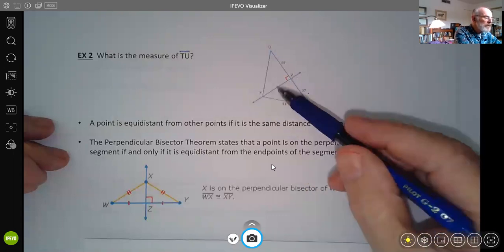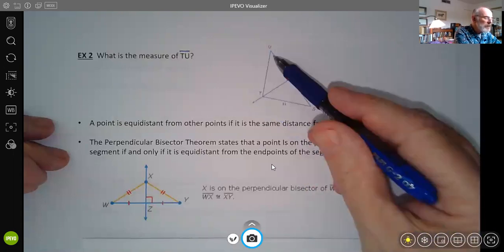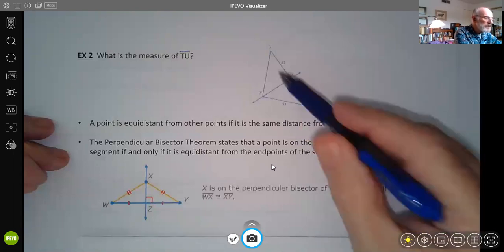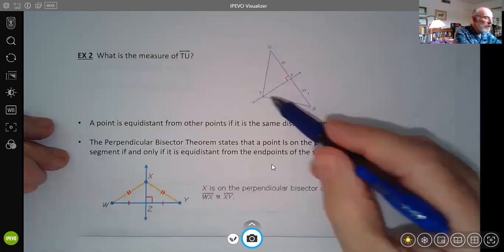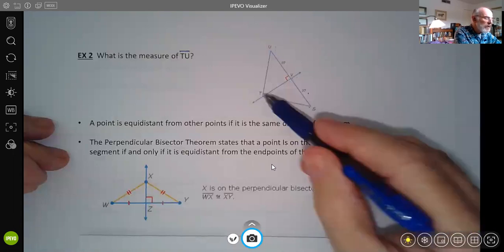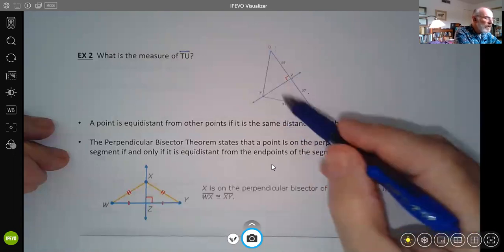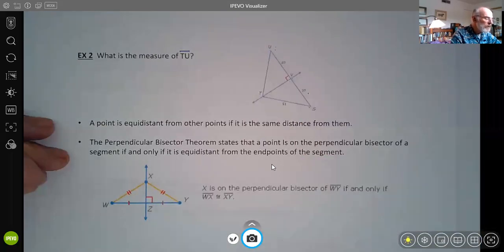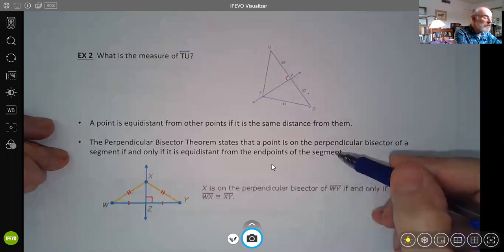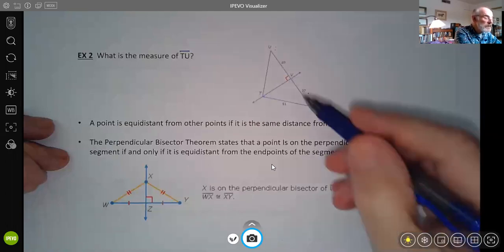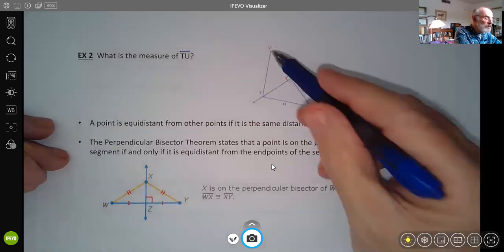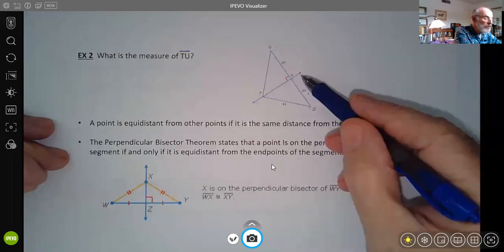So is it equidistant from the points on the segment? We'll look at U and look at S. The question is, is that the case? Well, we don't know. We know that TS here is 51 units. What is TU, which is what they're trying to determine here. Okay? But if I'm following this theorem, it would stand to reason that since V is on the perpendicular bisector, and therefore the endpoints of the segment that goes through the